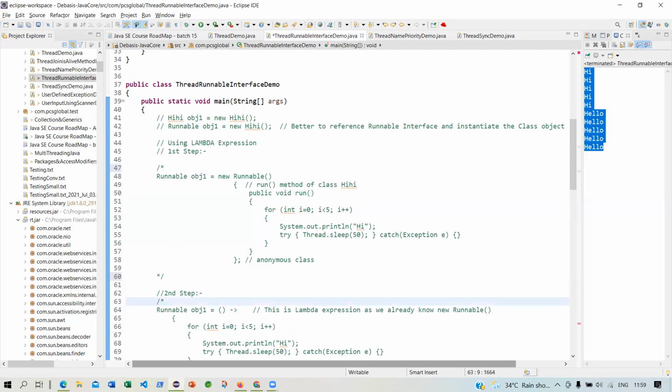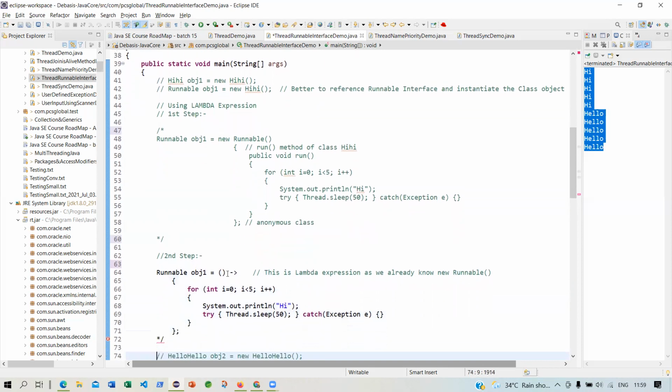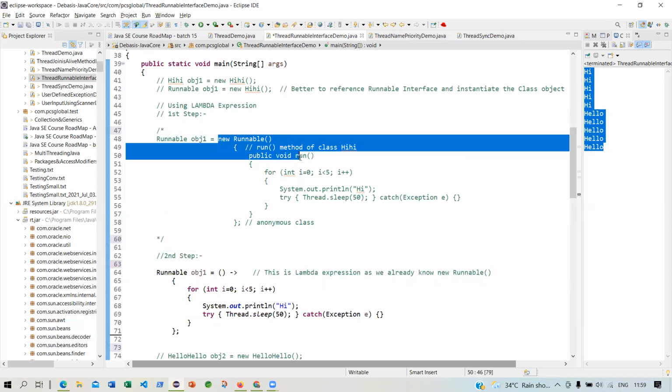So in the second step, I would like to use the lambda expression in a way. And finally, in the third step, we will see the shortest form of the lambda expression. Here, I'm saying that Runnable object 1 is equal to, now I know this, Runnable and void run. Up to this, I know, because this Runnable interface,